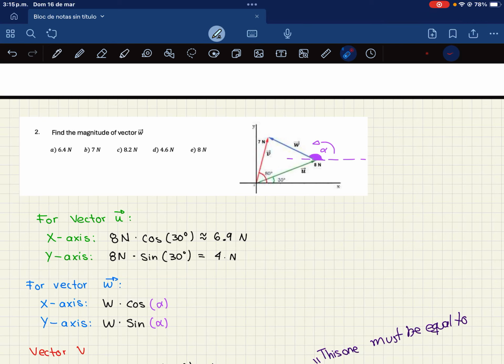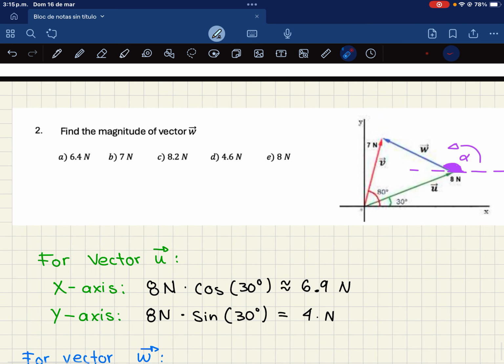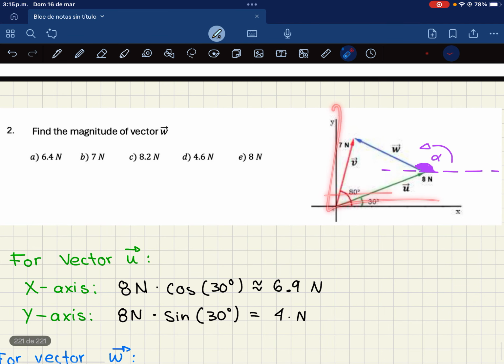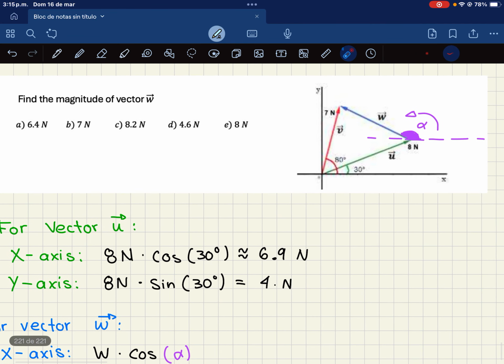Hello guys, let's solve the following physics problem, mainly about vectors. Find the magnitude of vector W in this figure. To begin, let's note that the sum of vector U with vector W is vector B, but to find the value of W, we need to decompose each vector into its x and